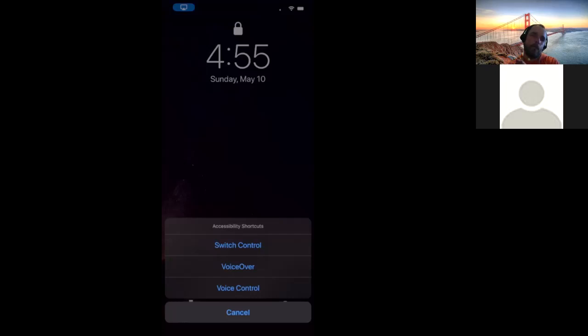Audio/visual. Subtitles and captioning. There's some visual stuff in there. General. Guided access. Off. You know, that's interesting. I would think that that would be under learning, not general. That's interesting. Okay, so what guided access is, essentially,